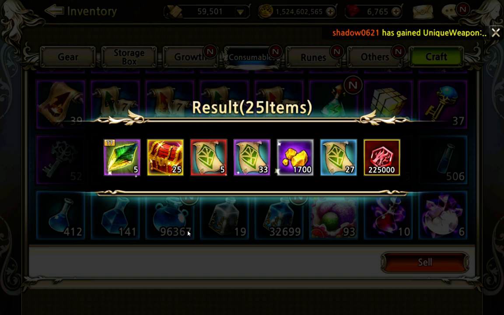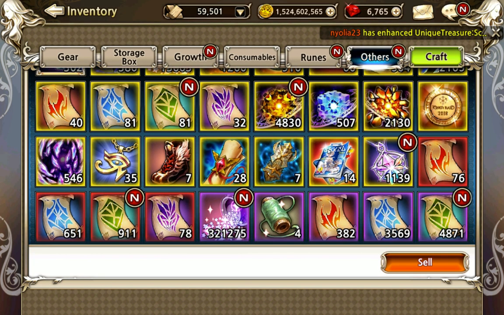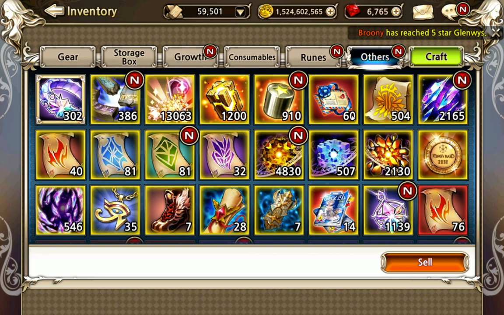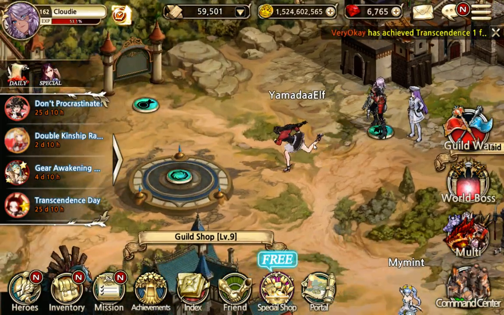Yeah, I think actually I've gotten quite a few legendary scrolls from this, so I think the rate might be better than it is with normal rates, but it's kind of hard to tell. So yeah, I'm a bit disappointed at this feature, because